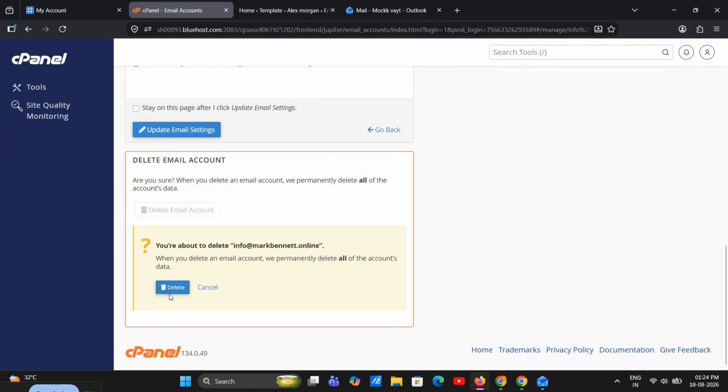After that, the mailbox will no longer be active, and any messages stored in it may no longer be accessible through Bluehost. So if there's anything important inside, make sure you back it up first before deleting the account. And that's it. You've now deleted a business email on Bluehost. It only takes a few clicks once you know where to look, and now you can manage your email accounts